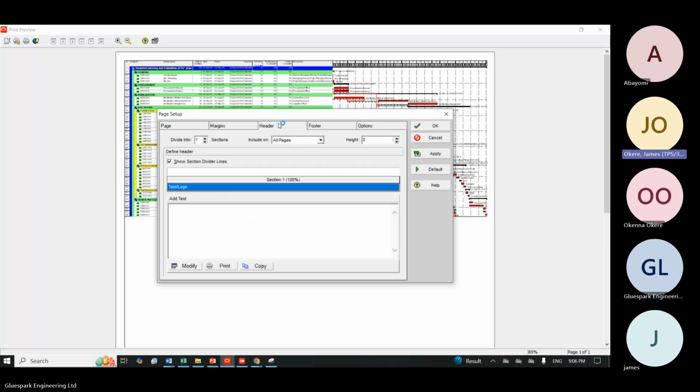Under header, we want to put the company logo. We want to also add the title of the project and the client logo as well. Remember, the client logo will stay at the right-hand side, the title at the center, and your own logo at the left-hand side of your schedule. Now, to do this,